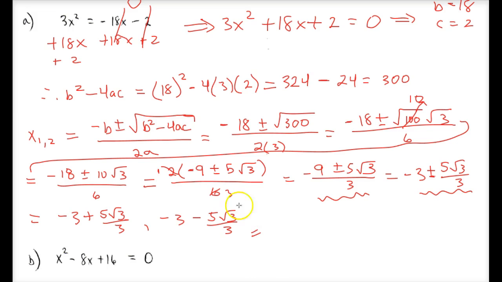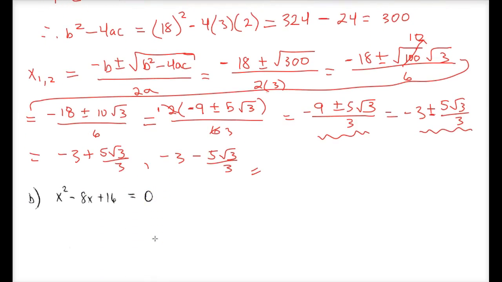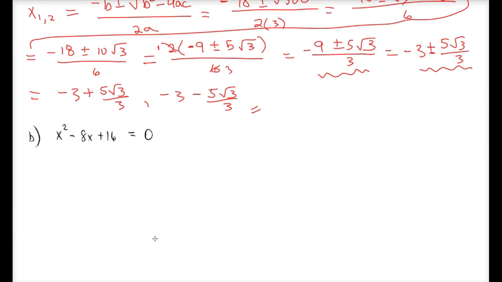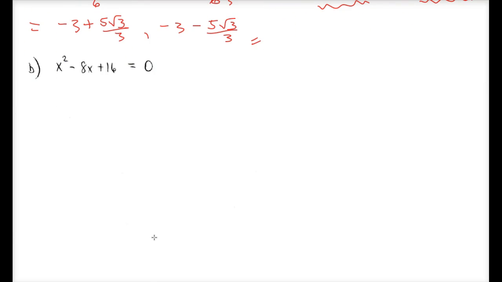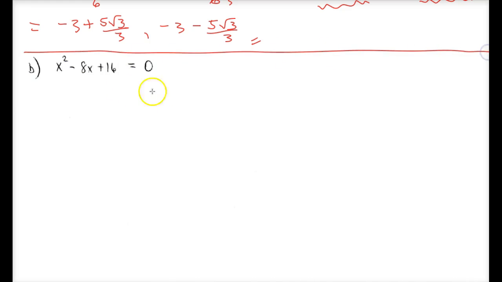So let's move on to the second example now. In this example, we see that we already have everything in the form that we need to extract out A, B, and C directly. So here we know that our A is going to be 1 because of the understood 1 that's right there. Our B is a negative 8 and our C is 16. So if we go and